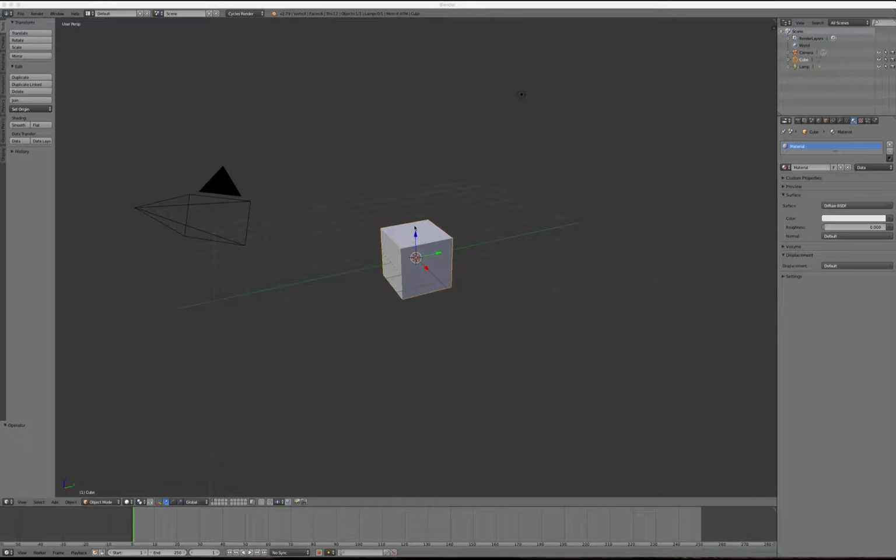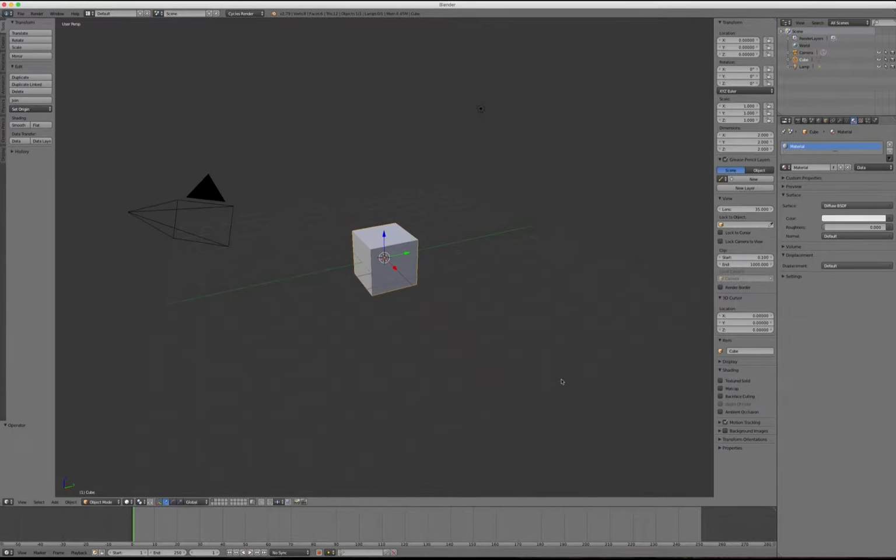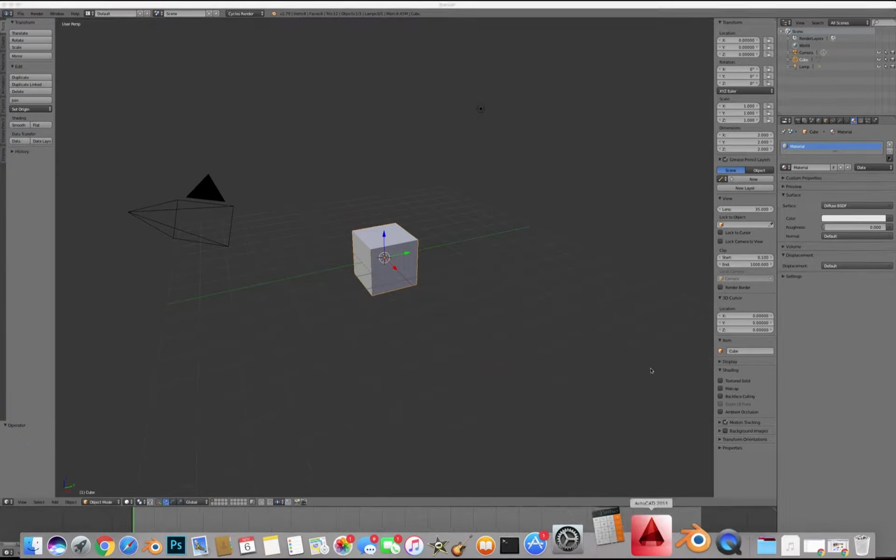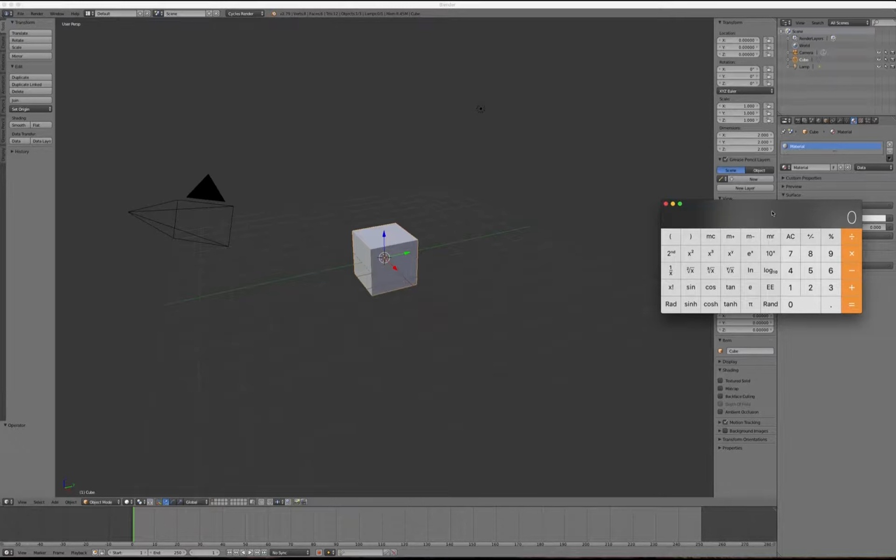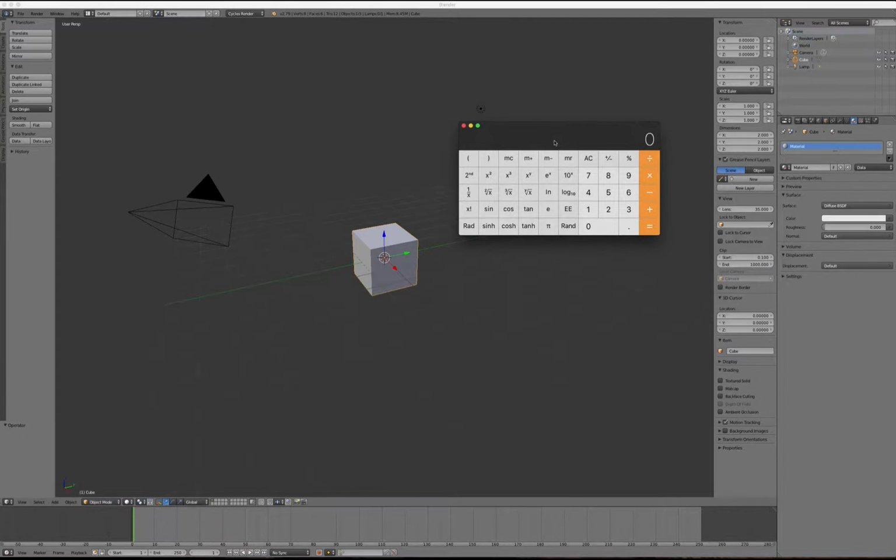So I will tap N on the keyboard, and bring up my little side menu here where I can actually specify the dimensions of my cube. Right now you can see the dimensions in X, Y, and Z are just 2 Blender units. And I think we decided that I'll bring up my calculator here. Seems like 7.3 something Blender units,